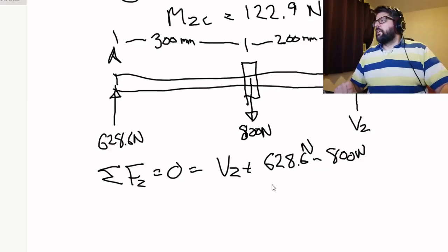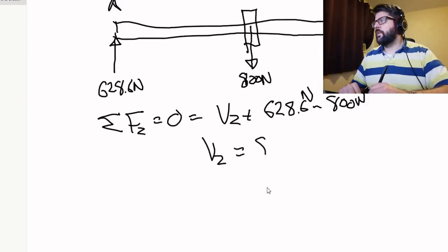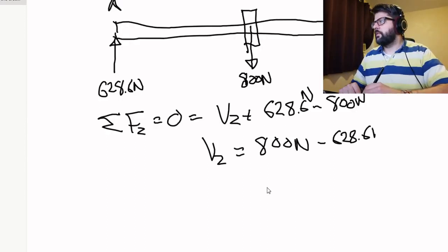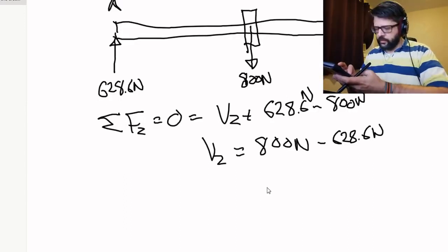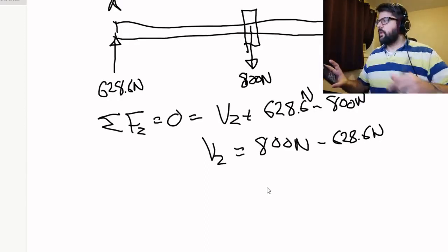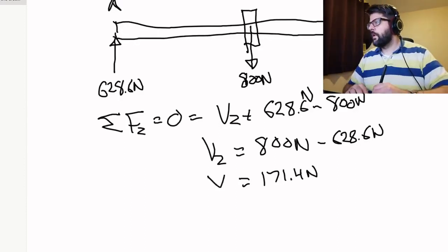Alright, so simple enough to solve for VZ there. It's going to be 800 newtons minus 628.6 newtons, which my handy dandy calculator tells me is 171.4. Okay,